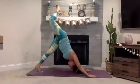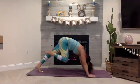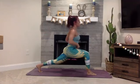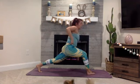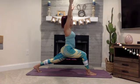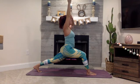Kick it back. Knee to nose, cheetah pose. Bring it in, pull. And then drop it forward, crescent lunge, rise up. Right away, no hesitations. You're now on the toes of this back foot. Your right knee's in a 90-degree bend. Back leg is straight. Arms are up, elbows by your ears. Straighten out the elbows, spread your fingers